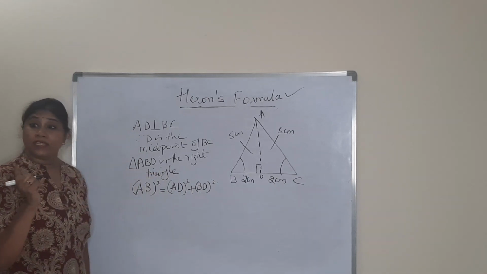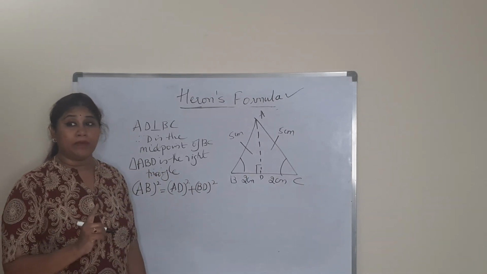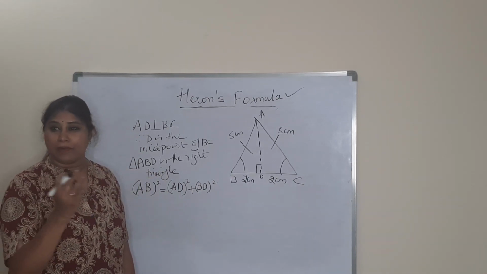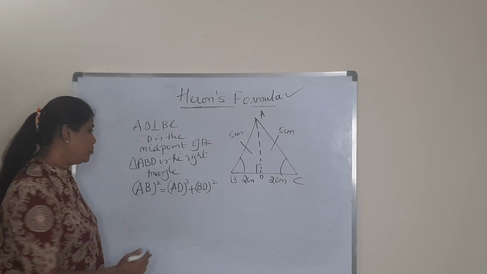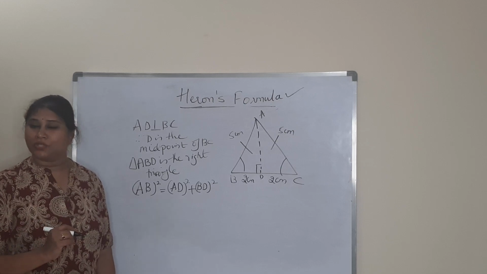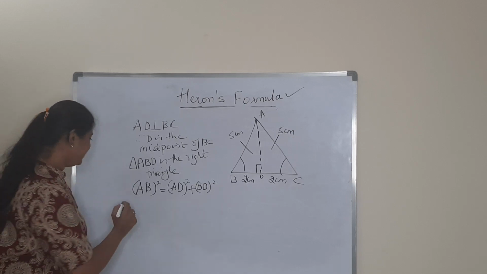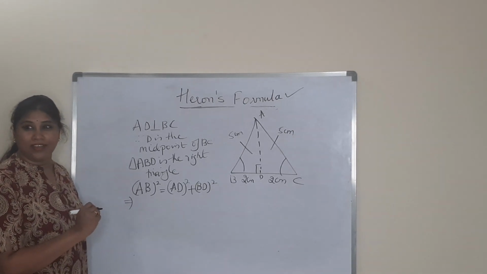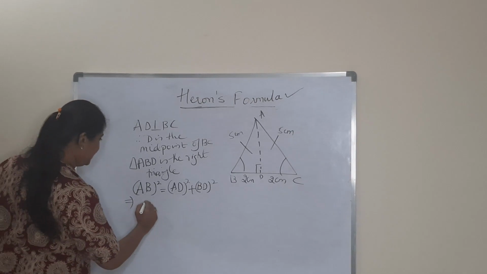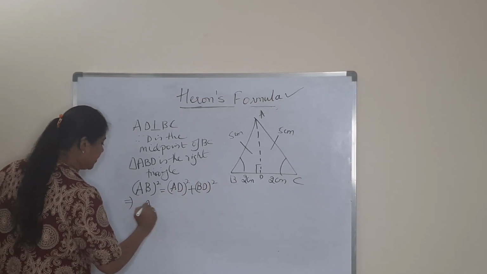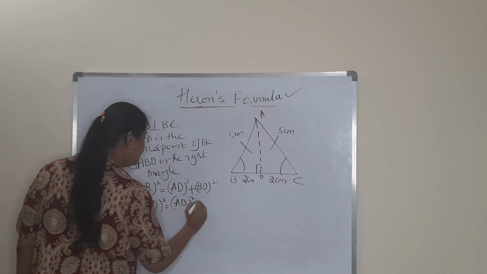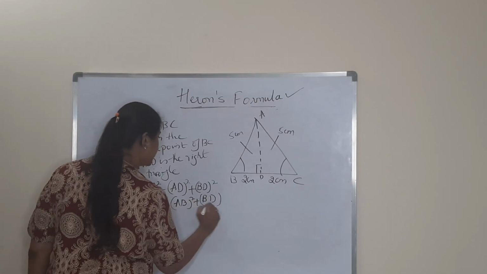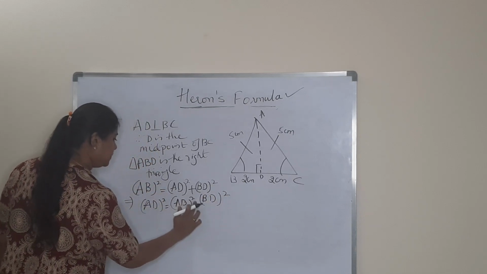You have to revise that again because you are not answering me when I ask. Are you scared of this camera? You can't remember anything because of the recording? No, ma'am. You used to answer me so well, why aren't you answering today? Maybe you are scared because I said I am recording you, yes? No, ma'am. Then yes, so AD square is equal to AB square plus BD square, plus, no, minus.